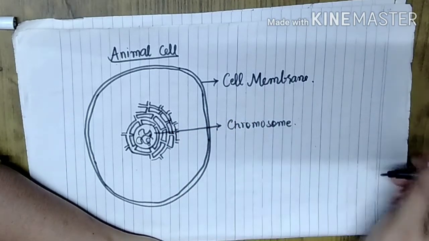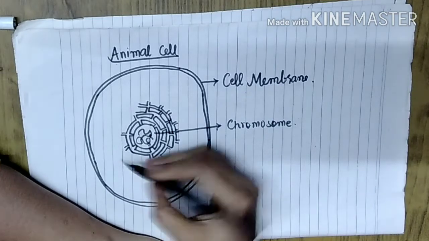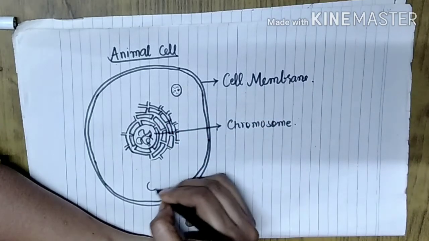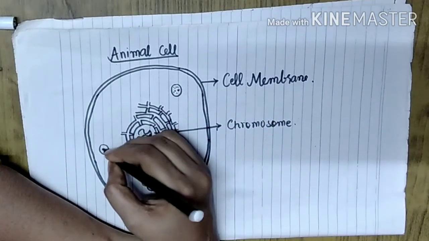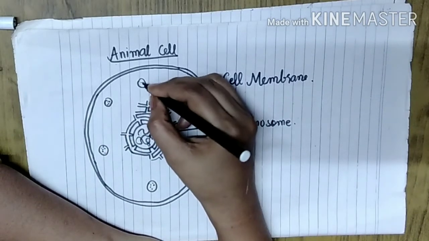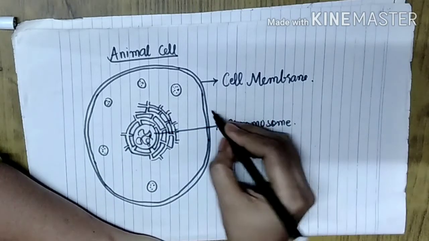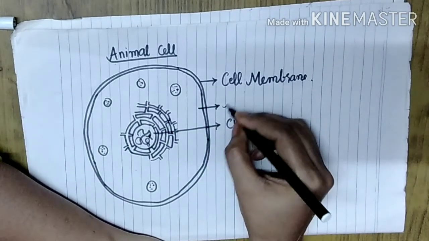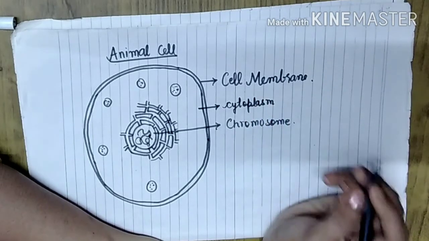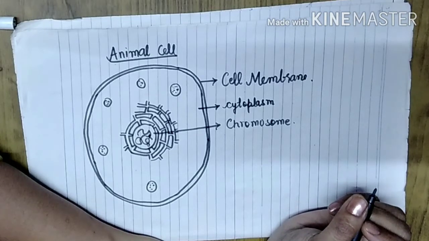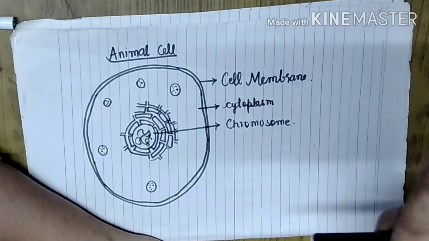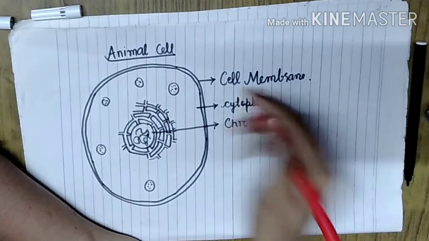No need to draw it all throughout the cell, because you have to show the presence of other organelles also. Now there are also small structures that are filled with digestive juices or enzymes. They are referred to as lysosomes. They are the suicidal bags also. Whenever any pathogens enter into the body, these suicidal bags burst and kill the cell as well as the pathogen. Therefore it is referred to as the lysosomes. And all these organelles that are present inside the cell are situated in a jelly-like substance called cytoplasm.